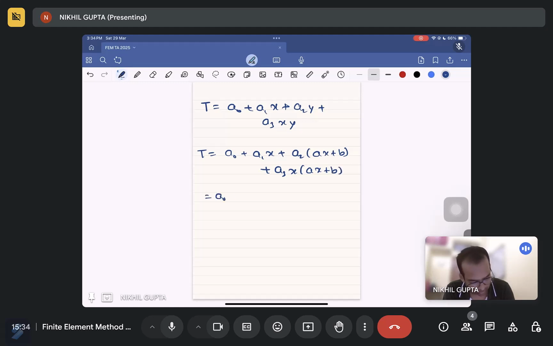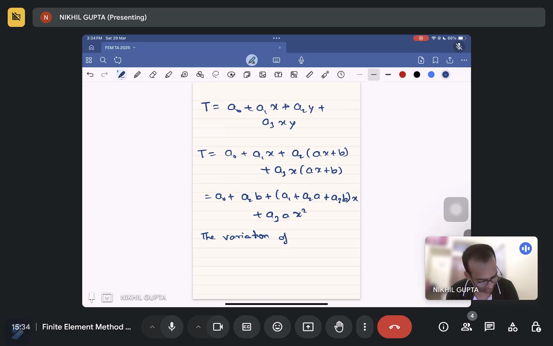Then a0 plus a2b plus (a1 plus a2a plus a3b) x plus a3a x square. So what is to be observed here is that the variation of the field variable